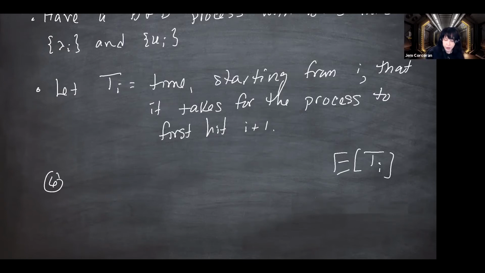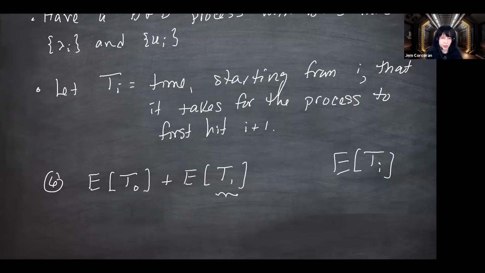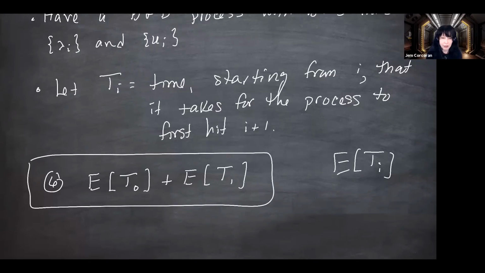But the answer to problem 6 is the expected time it takes to go from 0 to 1, plus the expected time it takes to go from 1 to 2, which again, this excursion might take you back to 0, but that's okay. If we can compute an expression for the expected time it takes to get to 2 from 1, it will have taken into account the probability that we go back to 0 in the first step. And so we're about to derive a formula here that you can plug numbers into, because this is the answer to 6.